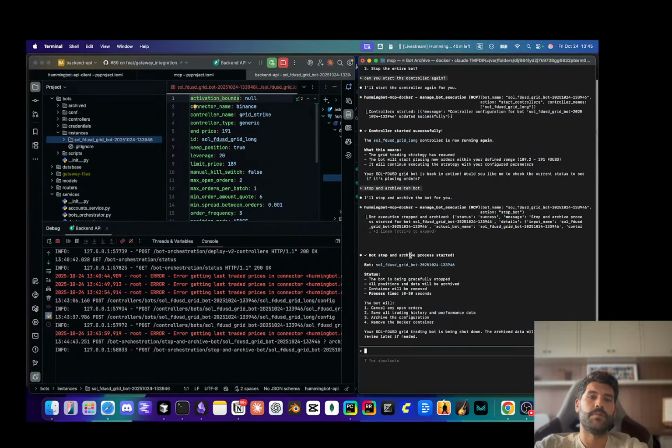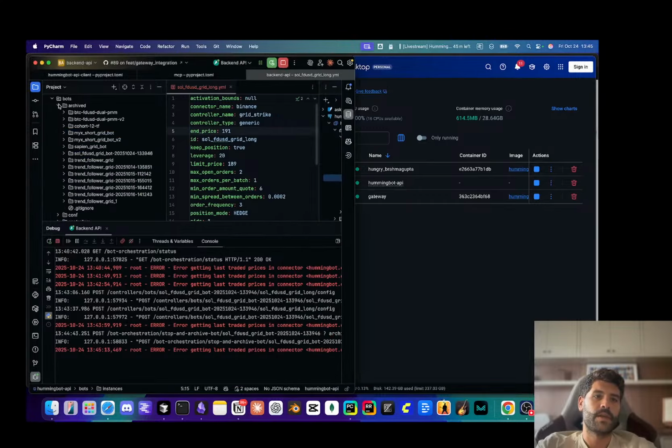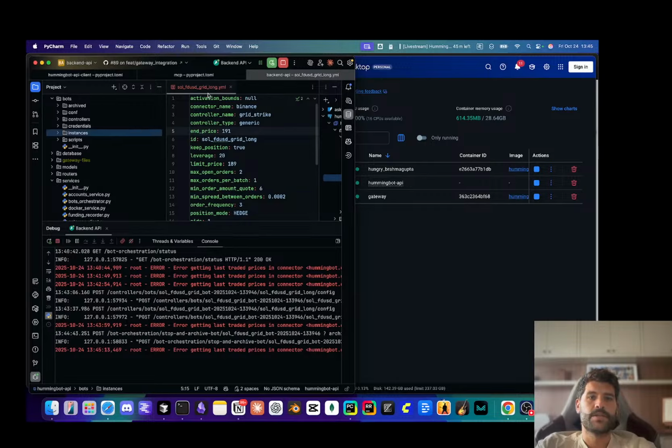So the process starts, but this process takes like 20 seconds because it kills the container. So now you see the container is not here anymore. And also the folder that was here was moved to this archive folder, you see. So now,